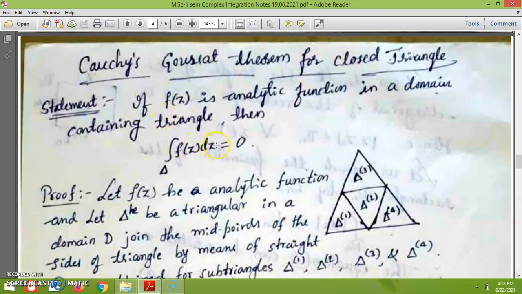So suppose the points you can make it like that. Even though you can take divisions in any manner, you can sum all the integrations, and that becomes 0 there, because it is closed. So this is the Cauchy-Goursat theorem for a